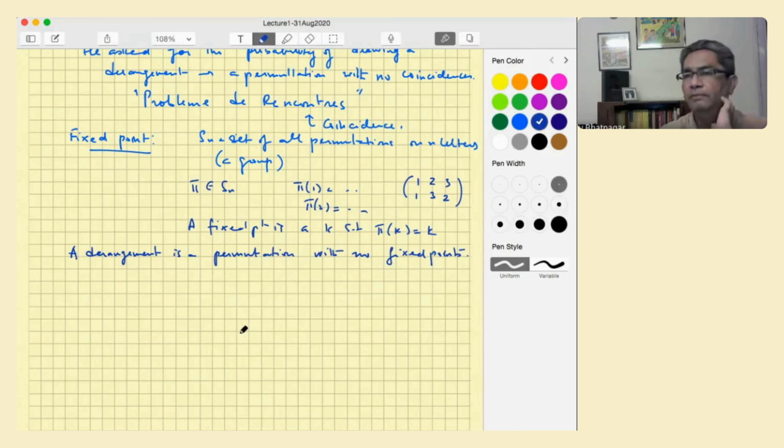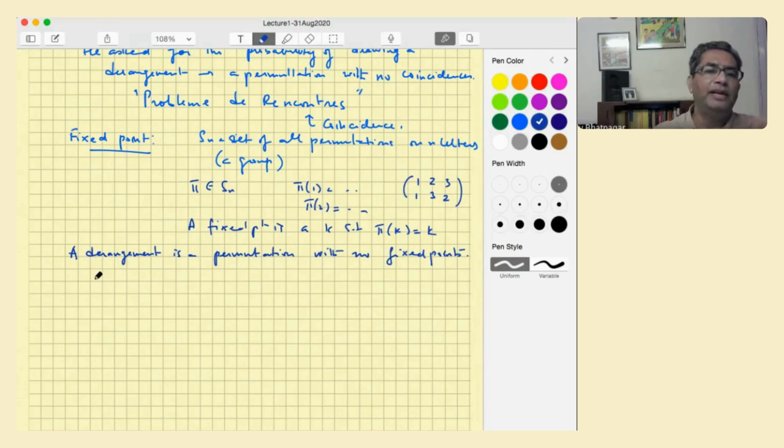So in probability books, I've seen this problem stated as follows. You write some n letters and you have n envelopes and you randomly mix them. I mean, you don't notice who you are sending to or who you are addressing to. What is the probability that nobody gets the right letter, or at least one guy gets the correct letter, and so on?